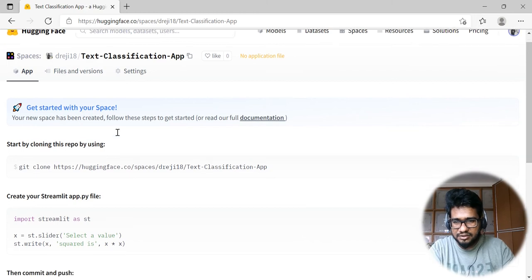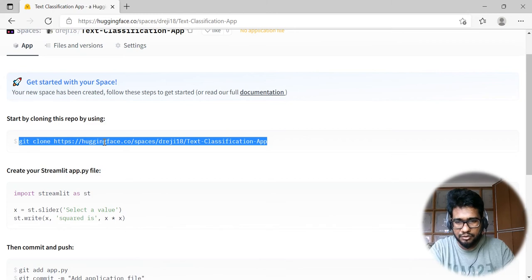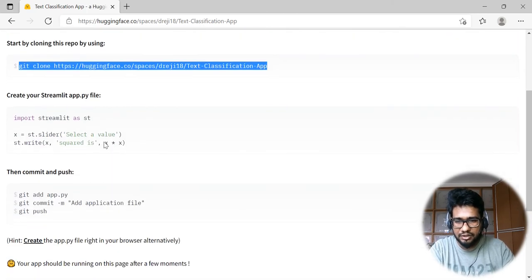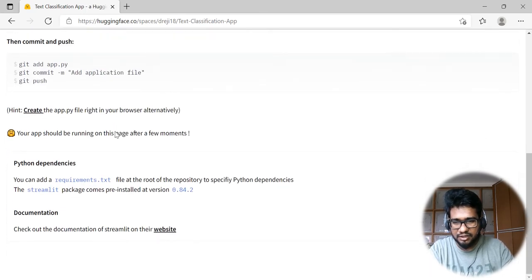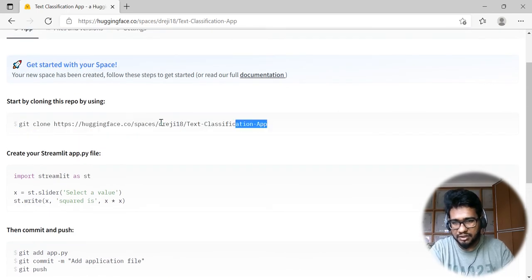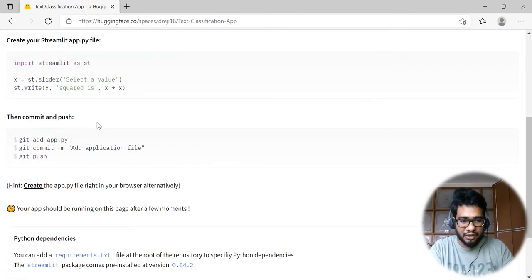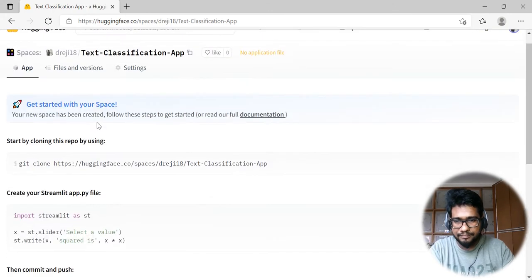Here itself they have written some steps. Either you can clone this repo into your local machine and copy your entire files there, or you can create the space here and then add the files here. For this purpose I'm just copy pasting all the things here. It will be the fastest rather than cloning and copying everything there. Either way you can do it. It's up to you guys.